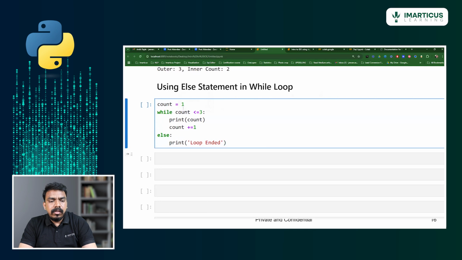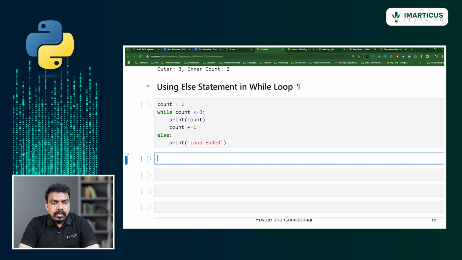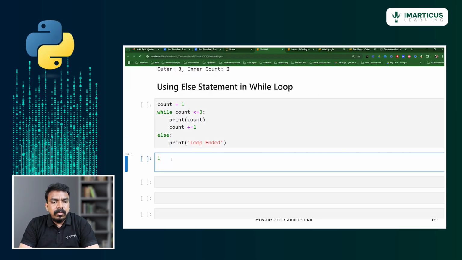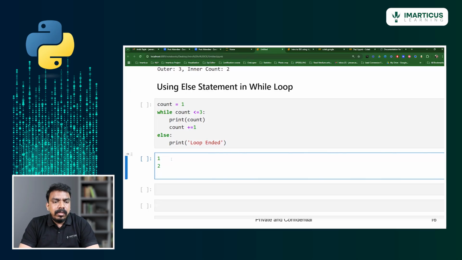At present your first condition will be checked. 1 is less than or equal to 3, that is absolutely right. So it prints 1 and the count value becomes 2, and 2 is also less than or equal to 3. So it will print 2 and also 3, because 3 is less than or equal to 3.